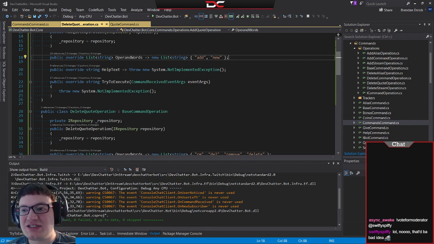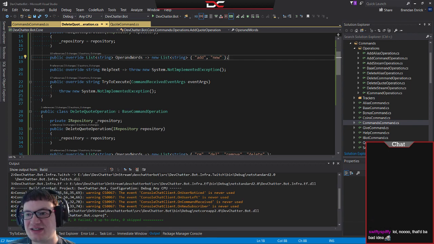Swifty Spiffy, is the bug that we don't have an escalate privileges to moderator command that non-moderators can use to escalate their moderator privileges? Because if that's the case,